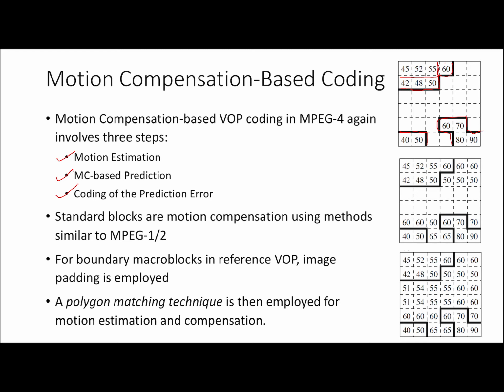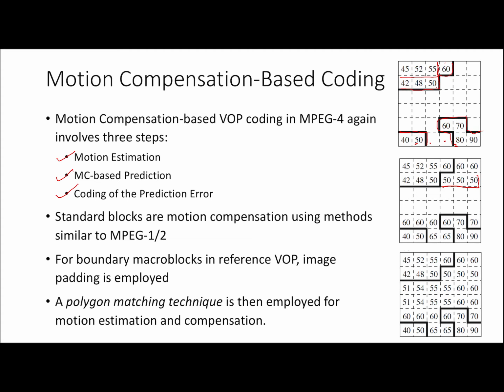So first, horizontal padding is done. I have just used the replicated padding method. So I have written 60, 60 and here also I have replicated it. Here, since I could use 80 on both sides of 50, I have taken the average of these two and added padding with 65. This is the horizontal padding, and once we have done the horizontal padding, we can do vertical padding in a similar way.